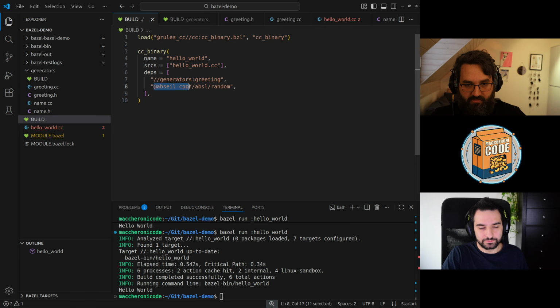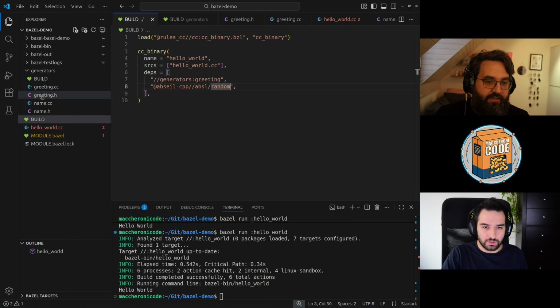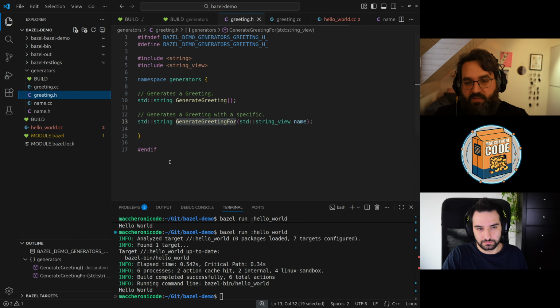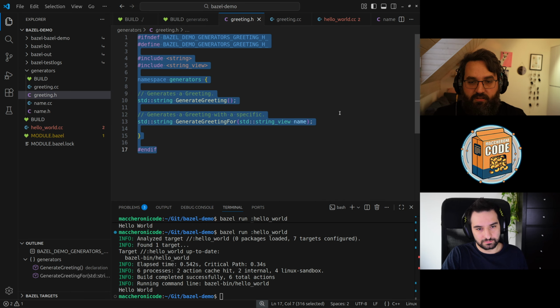Again, as I said before, this is the package, root folder, and the path. In this case, we are depending on the entire random library. So perfect, all the targets include that. Let's go deeper, and now add the functionalities here.